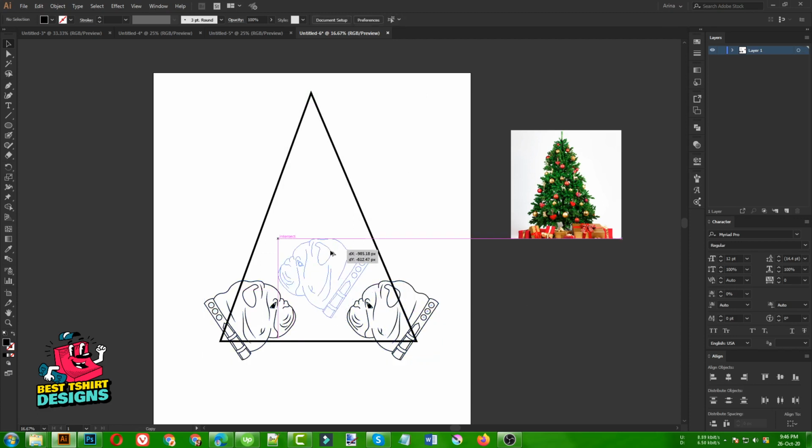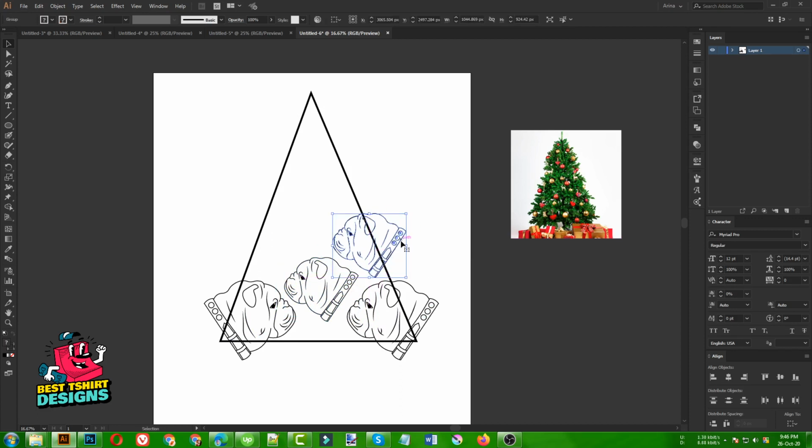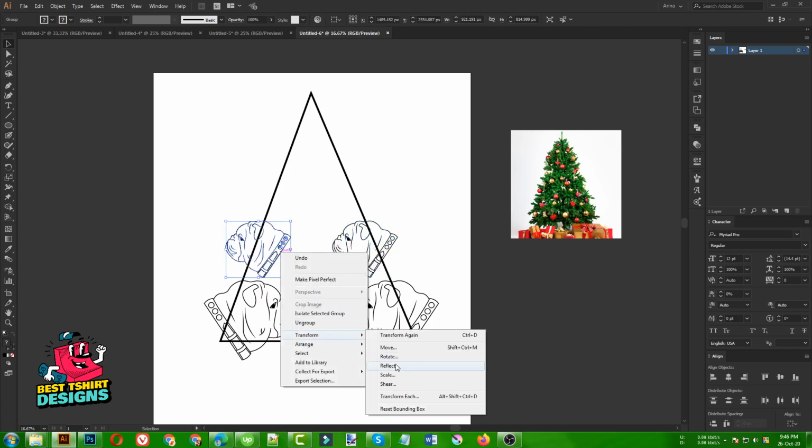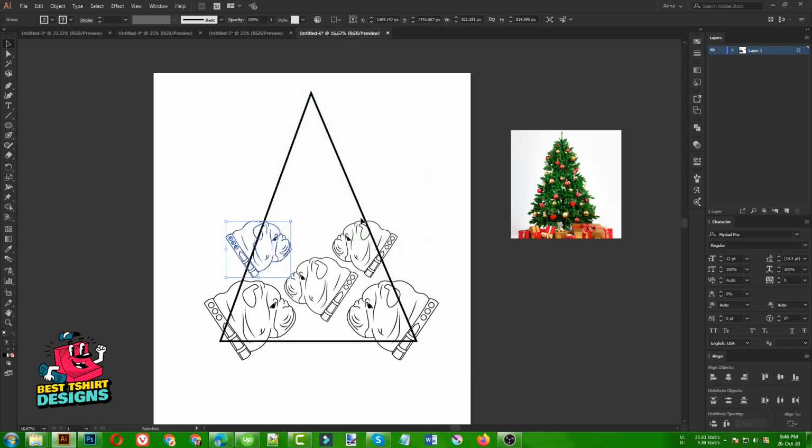Then I am going to make another copy here, but this one should be a bit smaller in size, because I am going to make them bigger at the bottom and smaller in the top area. So once this is in place, I am going to keep it. I am going to make a pattern here, just a bit smaller than this one. Then I am going to copy it here, reflect, to make another copy on this side, but maybe in this area, just like this.